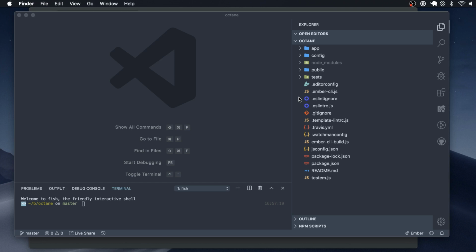about Ember Octane, the upcoming edition of Ember. First of all, it's not a breaking change in Ember, it's a new kind of paradigm that exists with the classic way to think about Ember. And so there's going to be some overlap and some gotchas and stuff, but if you start a new Octane app right now,